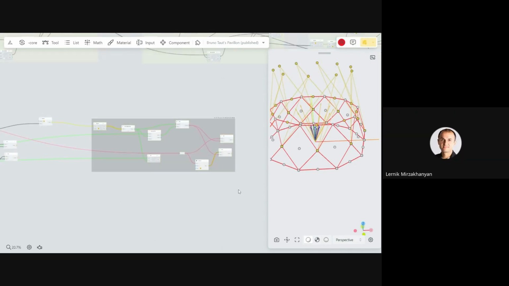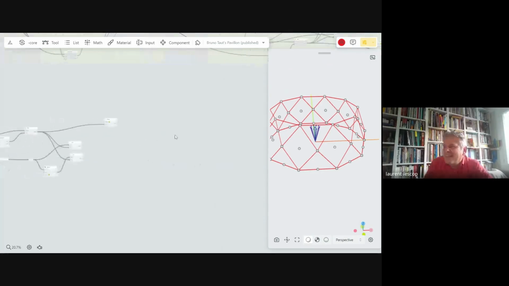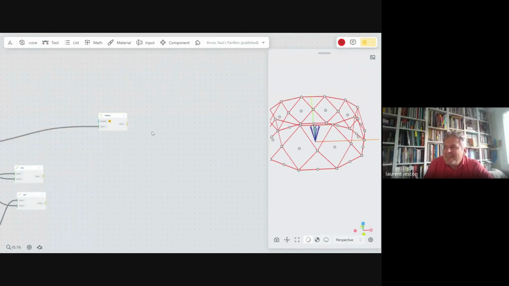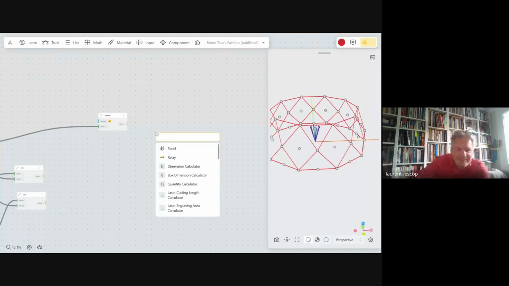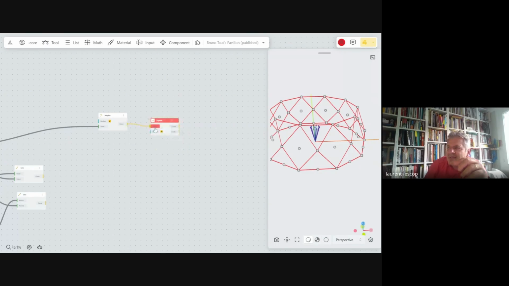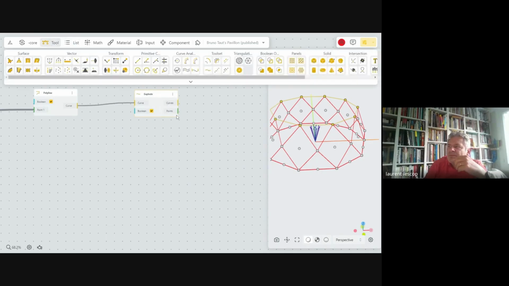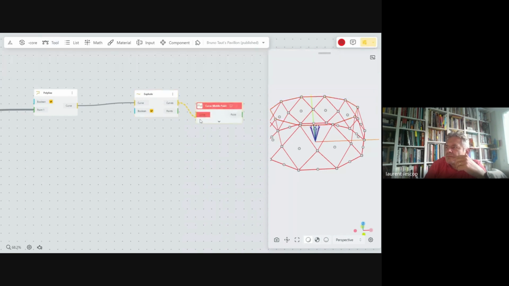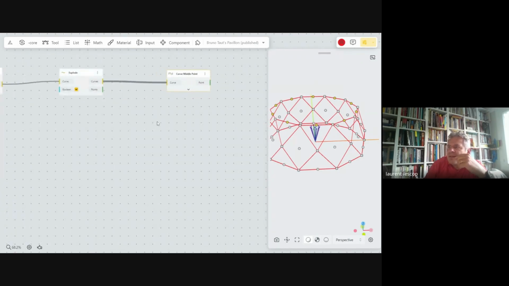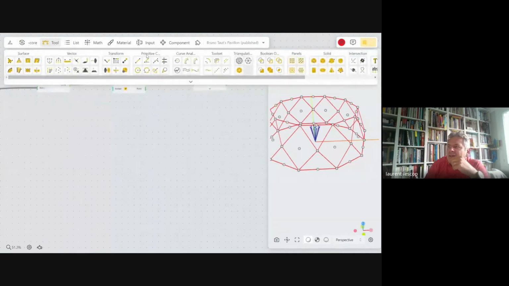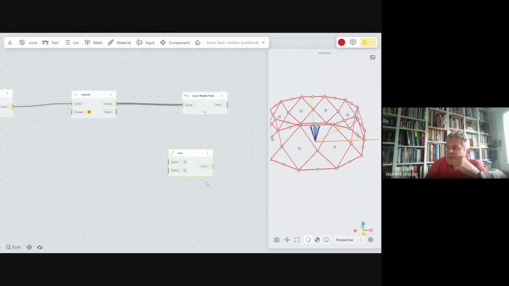Sometimes it works. Yeah. No, but I can erase and just restart and explode. And the second layer is going to be exactly the same. The curve, then I need the midpoint. Okay, then I will create the line, and it's going to be also the vectors.